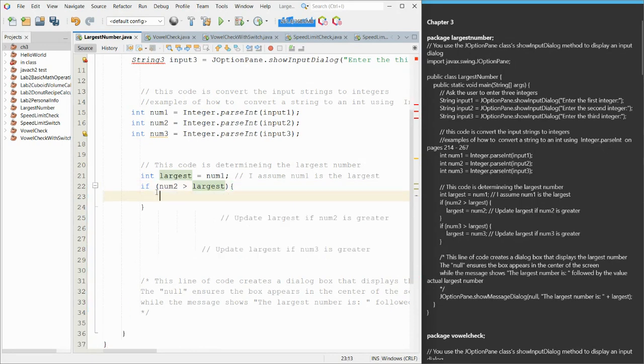Obviously, we're gonna do this, and being so we put our closing bracket here. And then we're gonna do